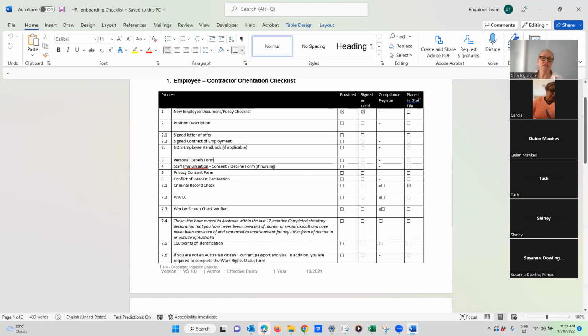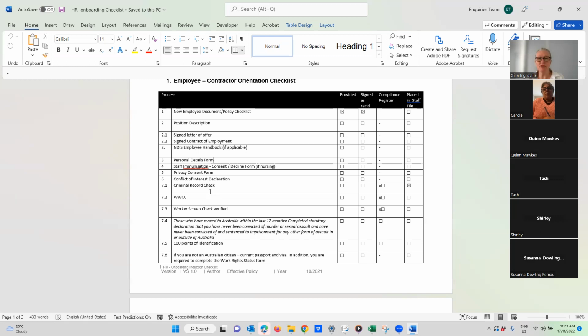The criminal record checks, however they look for your state, it's going to be different. Working with children check, in all the organisations I have run, I just decided, 15 or 20 years ago, that I would make everybody have a working with children check. You don't have to do that. You can have it on an assessed basis.